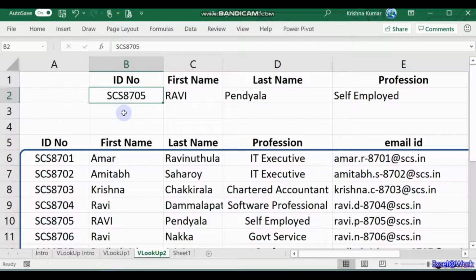As we go further, we'll take at least a few more VLOOKUP sessions. Once you finish all the sessions, I'll try to put all the sessions into one big video where you can go through the whole VLOOKUP at one go.